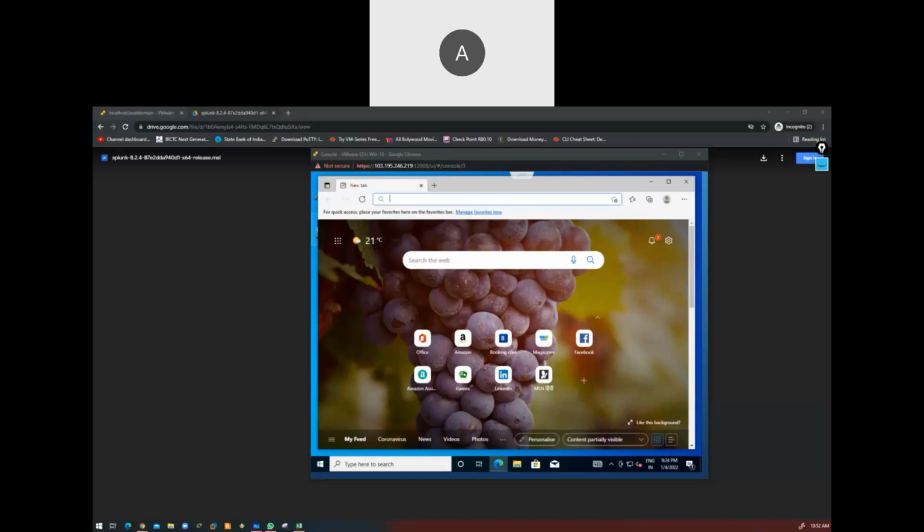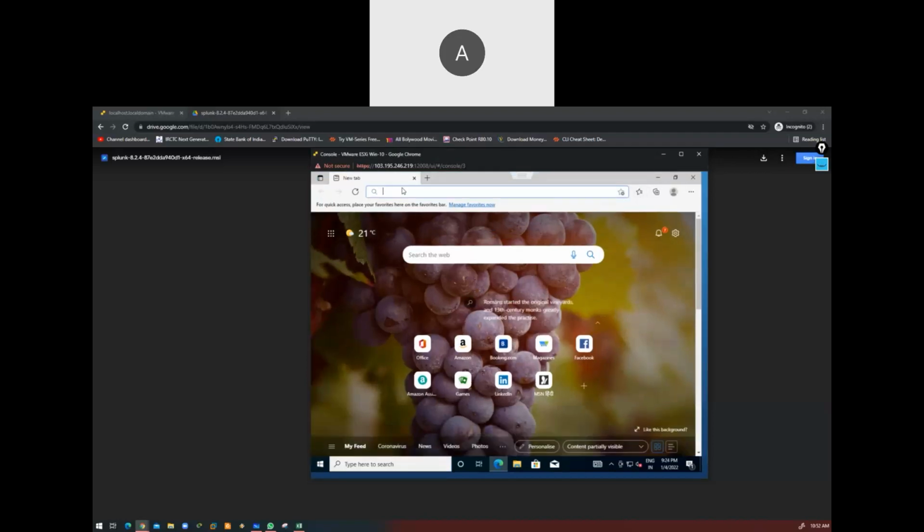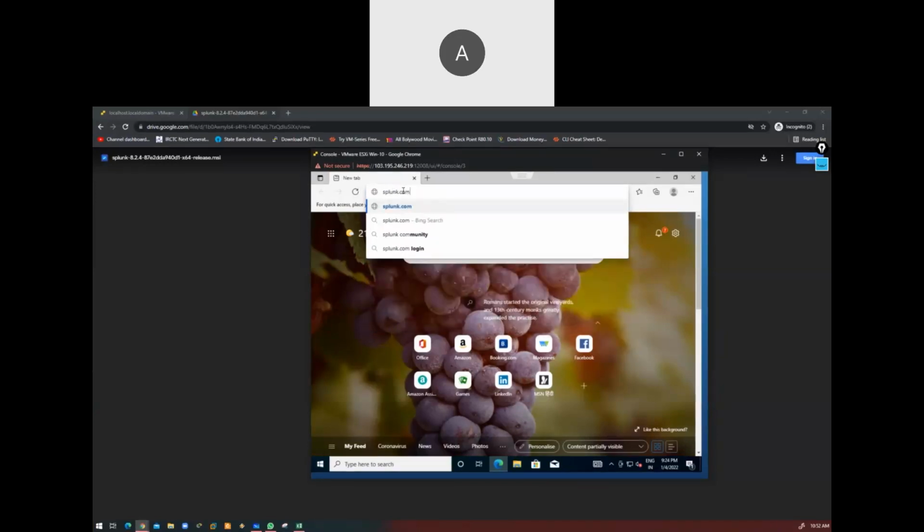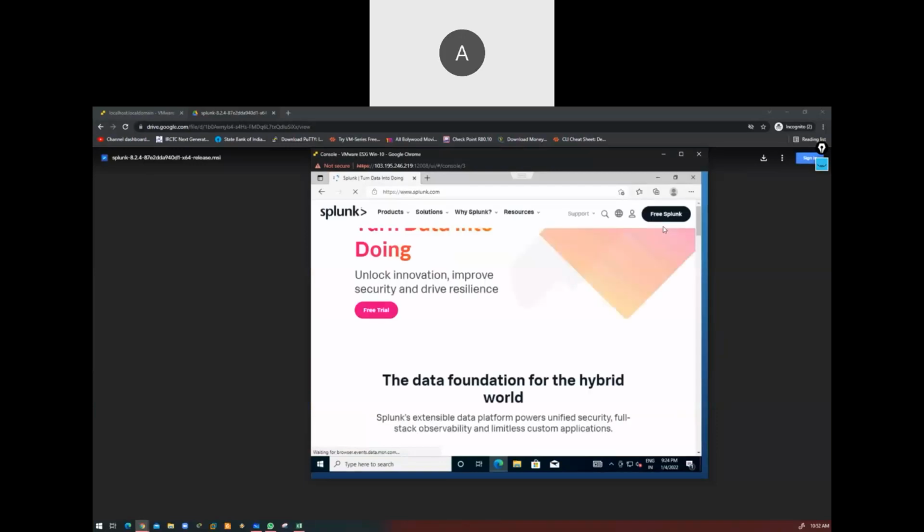Okay, guys, the next option is, if you are not able to drag and drop it, you can directly download that Splunk tool on this computer. How are you going to do that? Simply go to splunk.com and then create one account. After that, you have to log into that account.